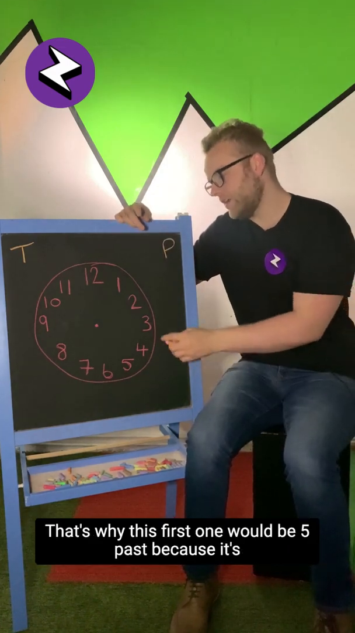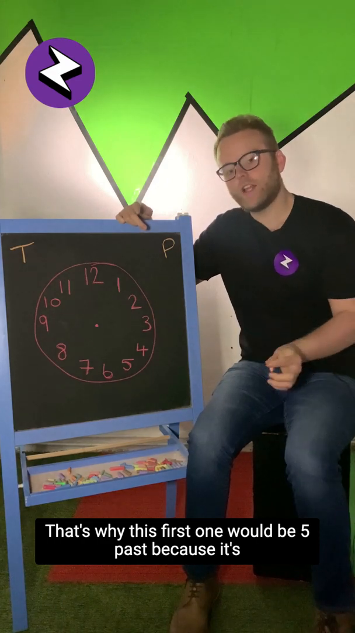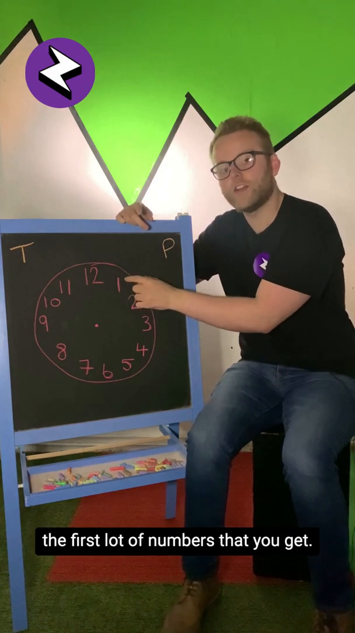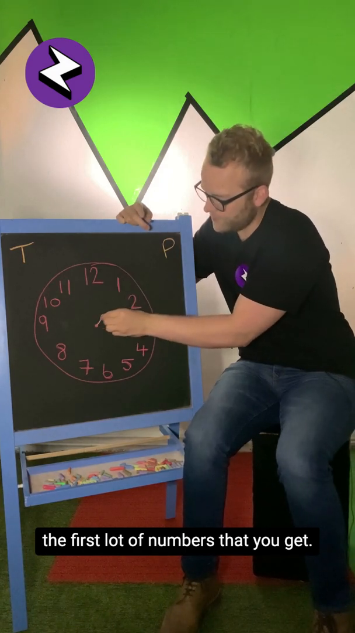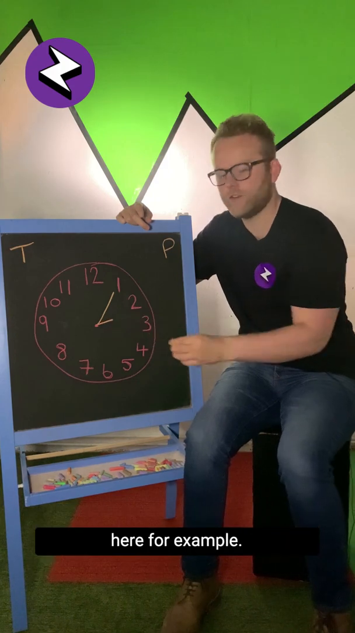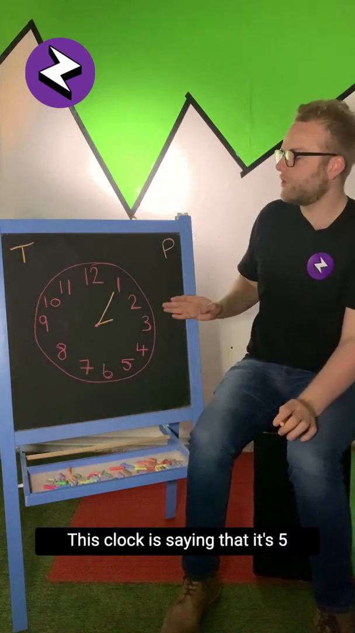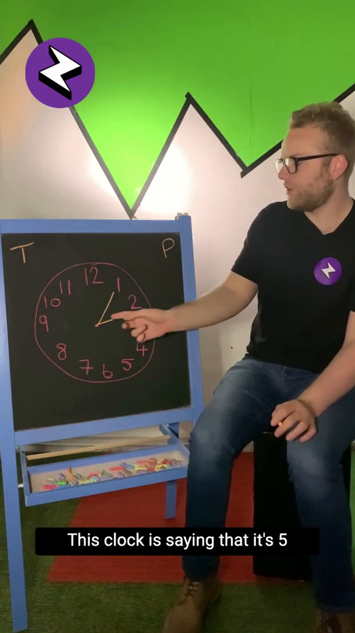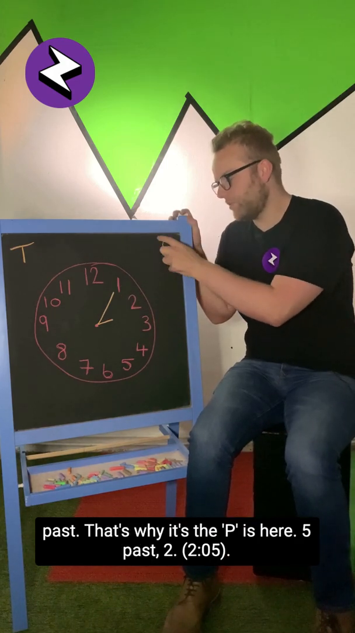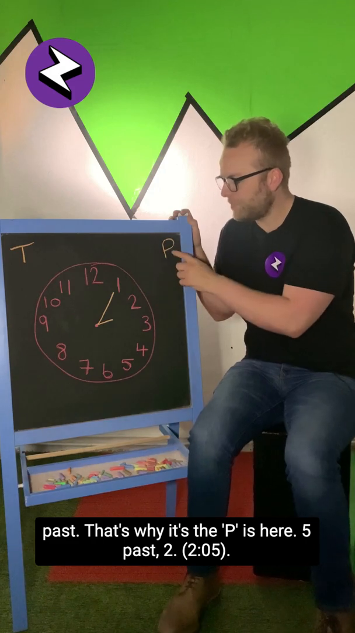So that's why this first one would be 5 past, because it's the first lot of numbers that you would get to get 5 minutes. So if I put the minute hand going there, and then the hour hand could be going here, for example. Right? So this clock is saying that it is 5 past, that's why the P is here, it's 5 past